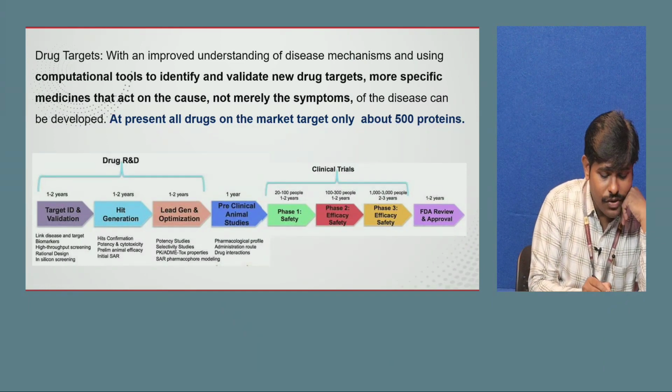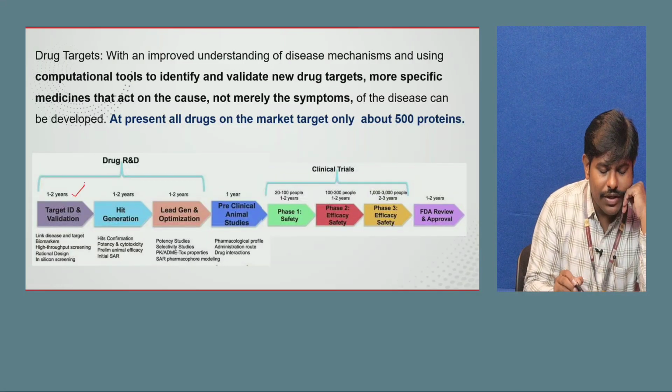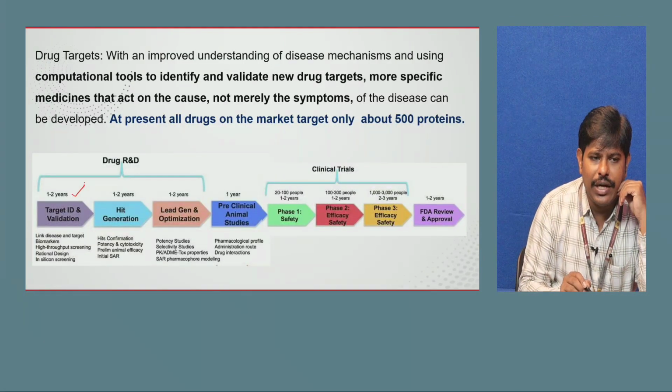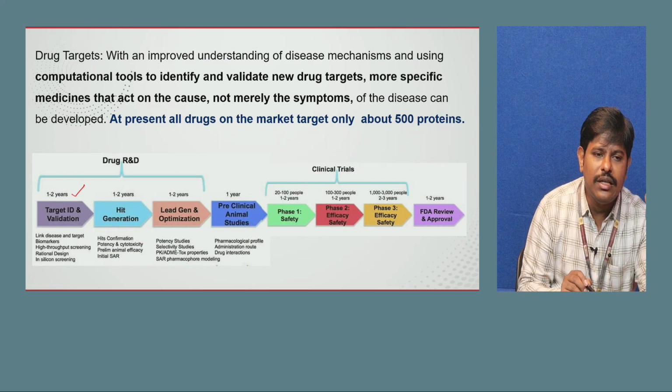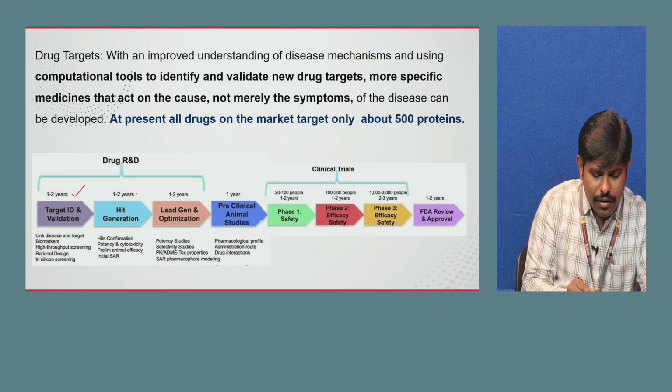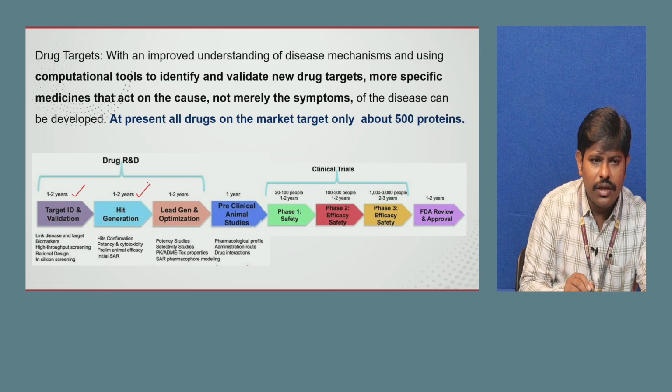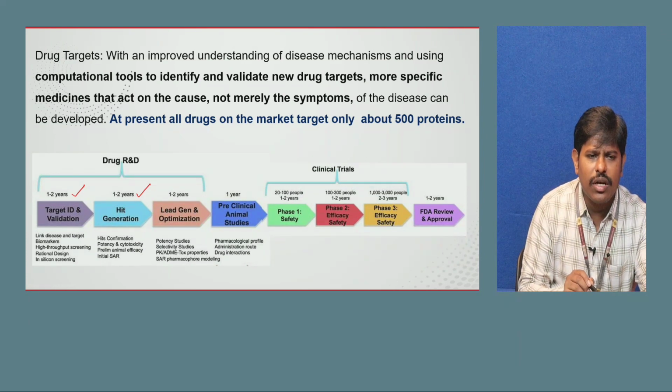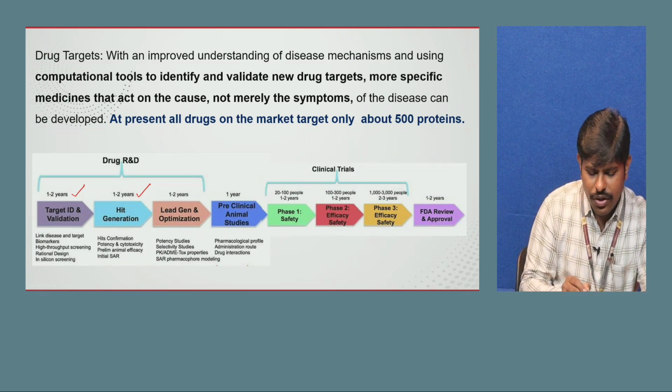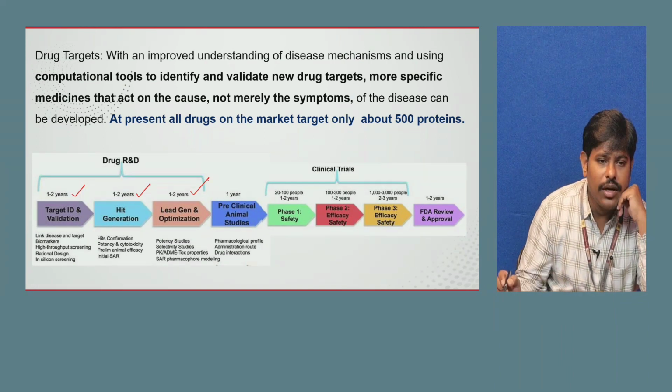The first one to two years it takes for target ID and validation. That means identifying the protein which is involved in the disease. In the next one to two years, we try to identify the hit, or whatever ligand will go and bind to that protein to either improve or stop the activity of the protein. Then you generate a lead and optimize it through experimental studies